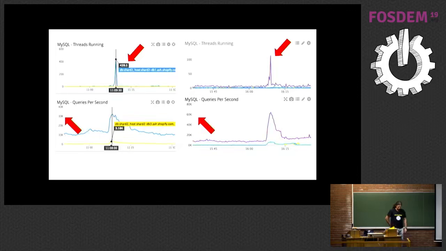Those are other graphs about some spike traffic. So when they had those traffic spikes with MySQL, the number of threads running spiked to 439, a huge number. And the number of QPS on MySQL was around 35,000 at this spike. When they switched to ProxySQL and had a similar spike, the number of QPS was around 70,000, nearly double this throughput. But ProxySQL limited the number of connections to the database server, so the threads running spiked to a bit higher than 100.